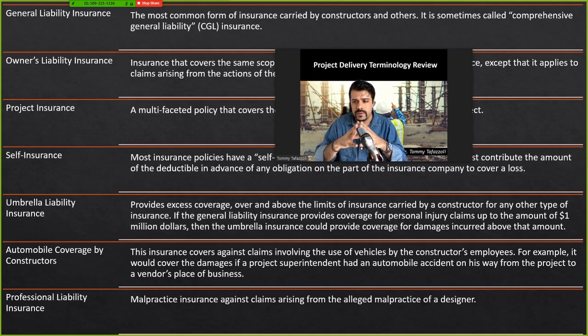Usually it comes into play after the construction is ready to use, is open to the public, or is functioning, and then something happens, and they identify this is due to the negligence of the contractor, the designer, or anybody on the project. So they have to protect themselves.